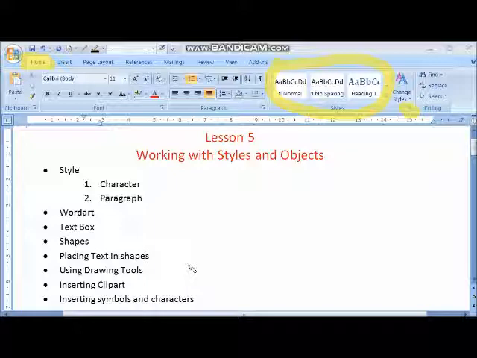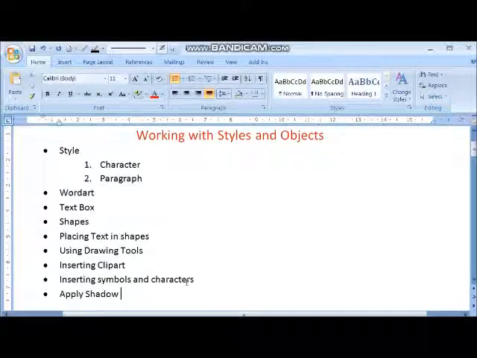What is clip art and how to search for it? Inserting symbols and characters means the things which are not available on the keyboard and you want to insert, then you can do that. Then applying shadow to your object.